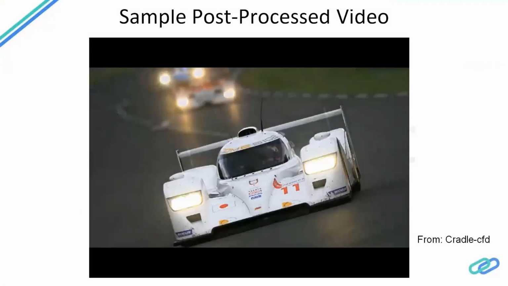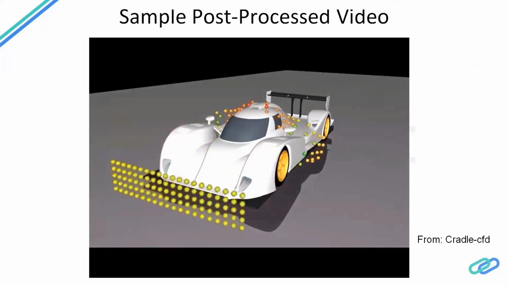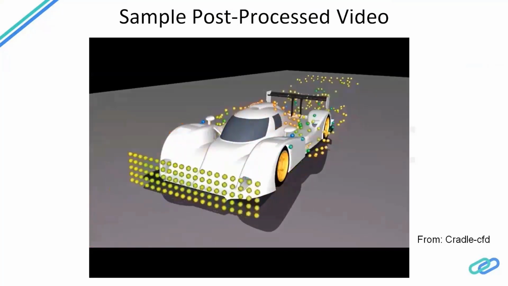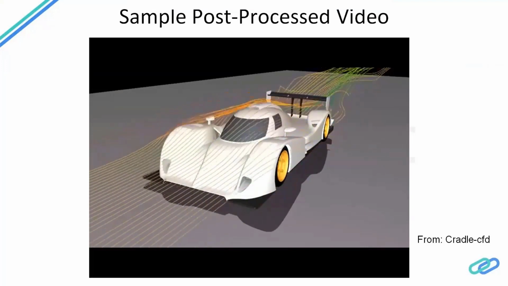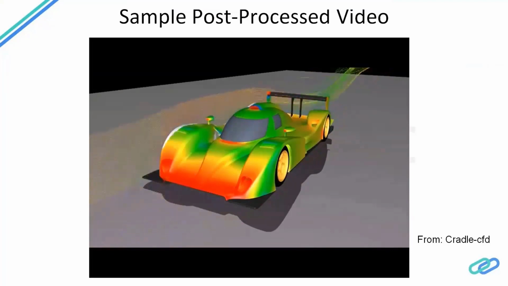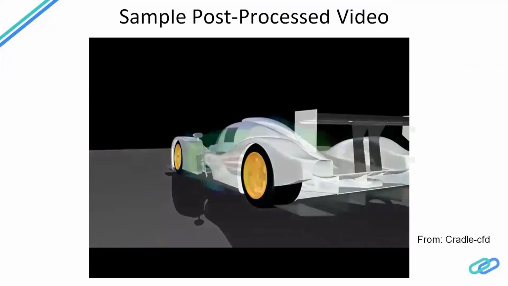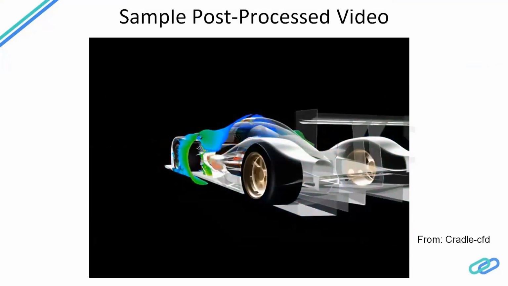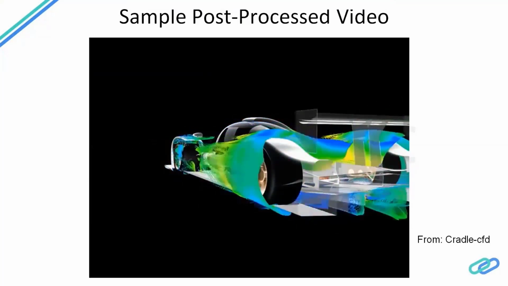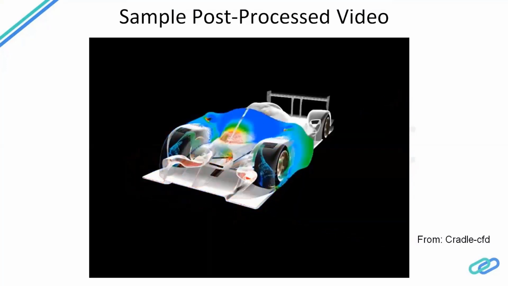This is the video showing how the post processing is done in Cradle. These are the streamlines which we are developing and changing from top to bottom. Now this is on the surface, showing how the pressure contours have come. Then going further, we are giving a hollow structure inside to show how the geometry is, and we are giving it in a texture form, showing how the flow attaches to the surface and moves. So this type of simulation can be visualized.